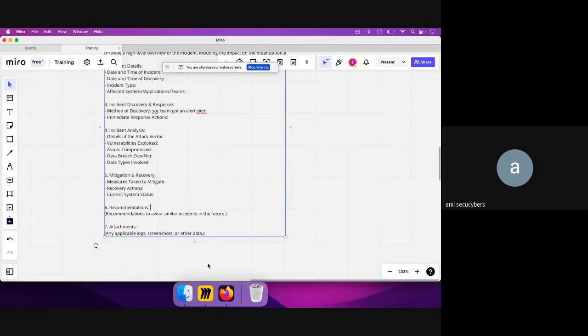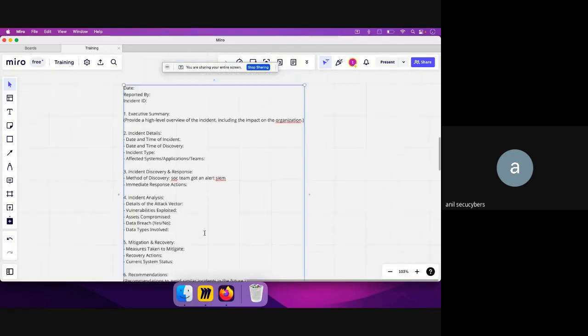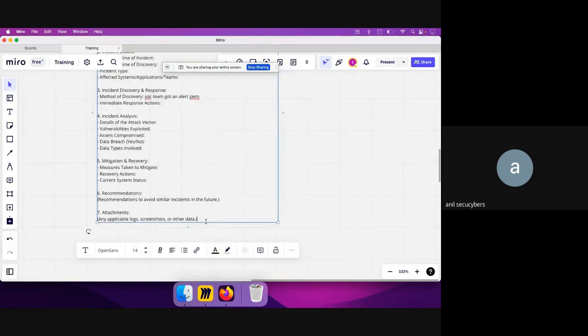And then there's another section called attachments. If anyone would like to have a deeper analysis, or let's say this report is going to a third party, you can attach a link to all